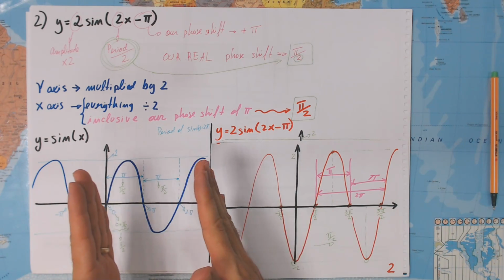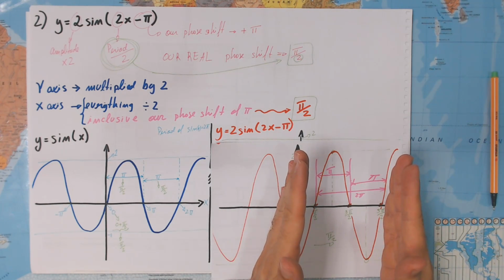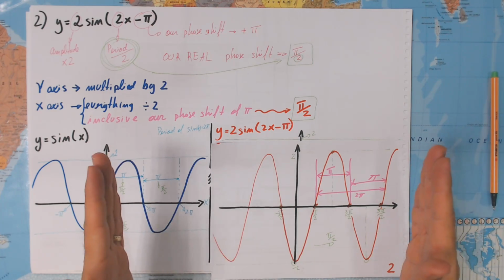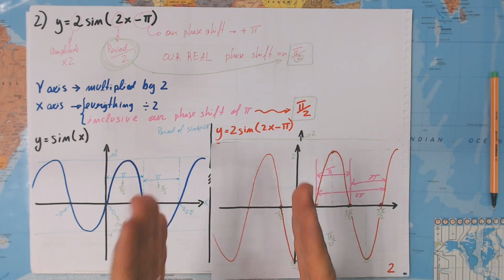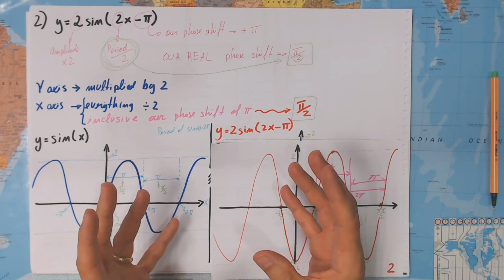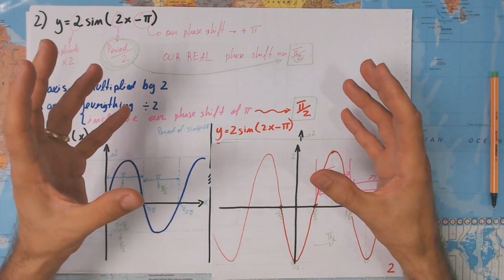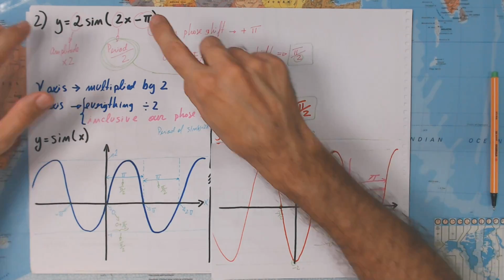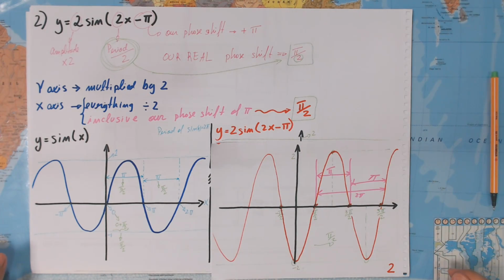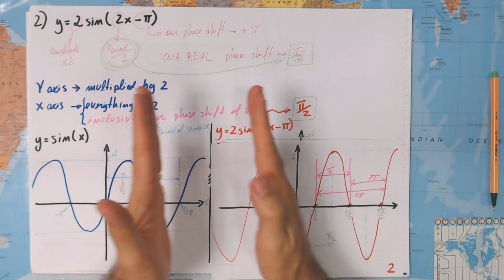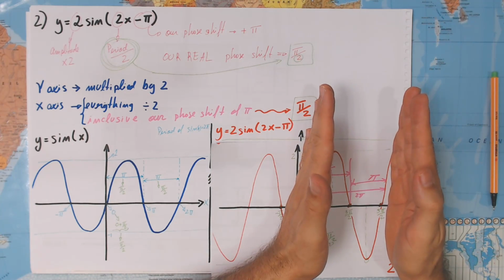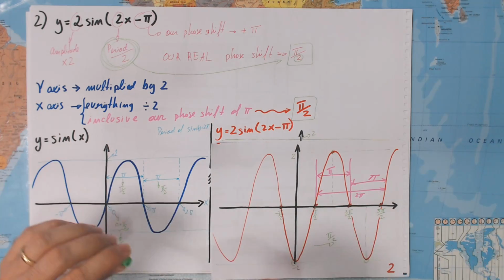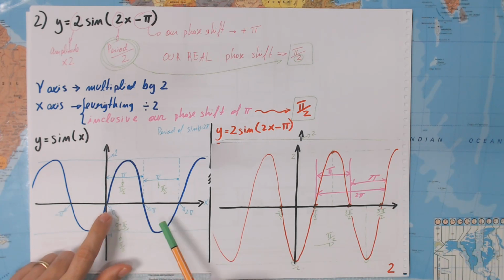We are shifting the curve, but we are also shrinking it. Two things are happening at the same time, and this is the heart of understanding how to chart those creatures. We are shrinking and shifting, making a translation. It is two things, and that is why we cannot just take those points in here and start to